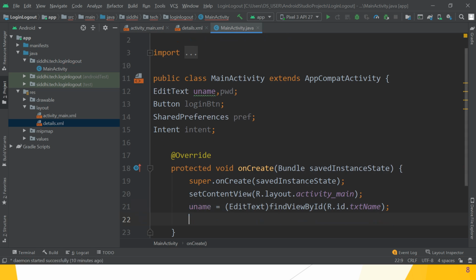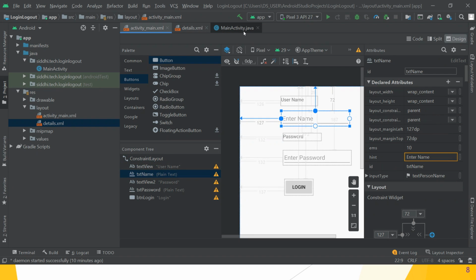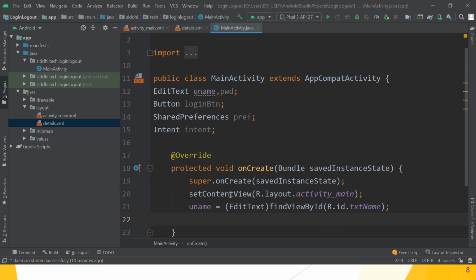Great. So this is your username. Now this object we want in the coding part, which is actually reflected as a text box in the MainActivity, which is enter name. This is the text name. We refer to this text view in the code part as the uname object.